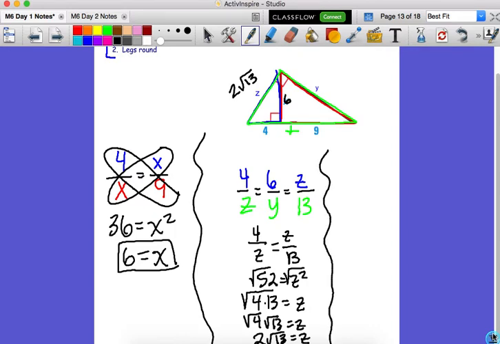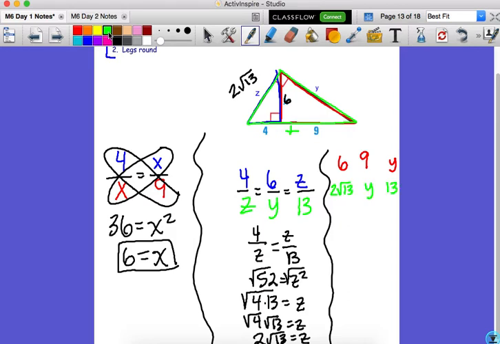Looking at the information that I have, I'm looking for the hypotenuse. So if I want to look at the red triangle from least to greatest, it's 6, 9, and y, and if I want to look at the green triangle from least to greatest,